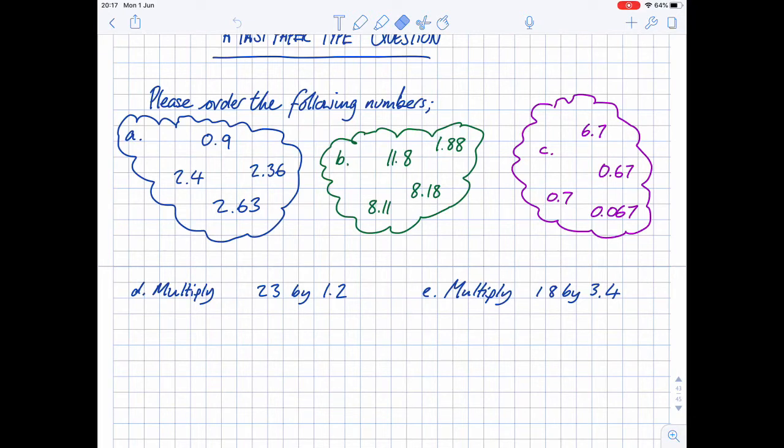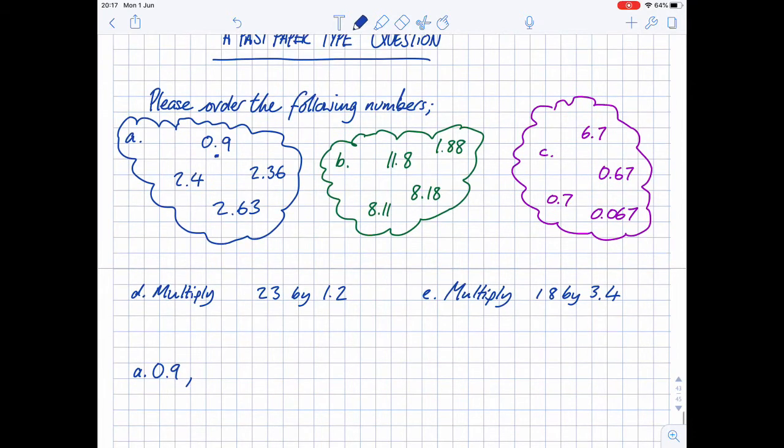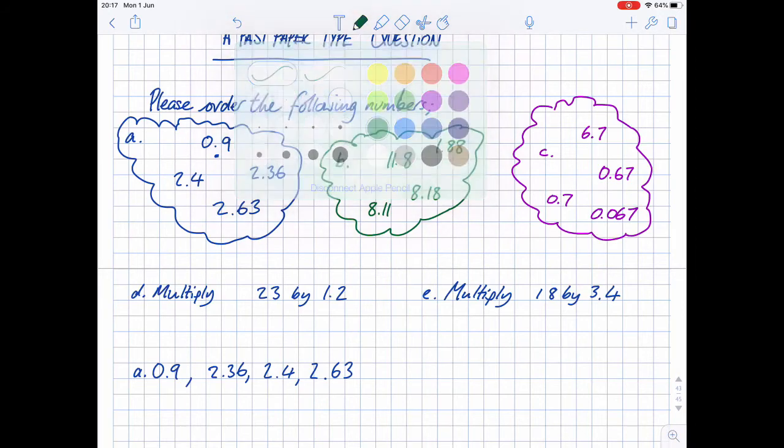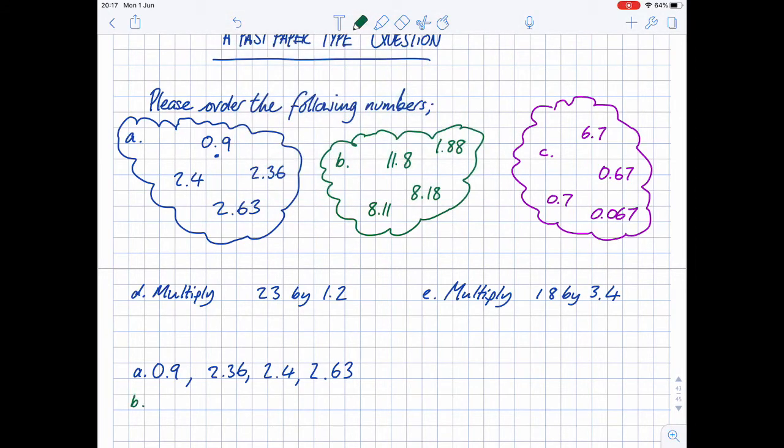Okay, so for A, again, if the question doesn't state it, always put the smallest number first. So for A, 0.9 would have been the smallest number. Then it would have been 2.36, then 2.4, and then 2.63. For the greens,